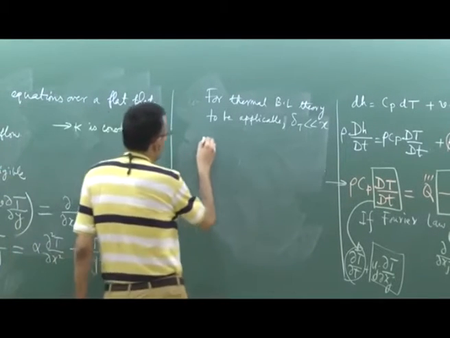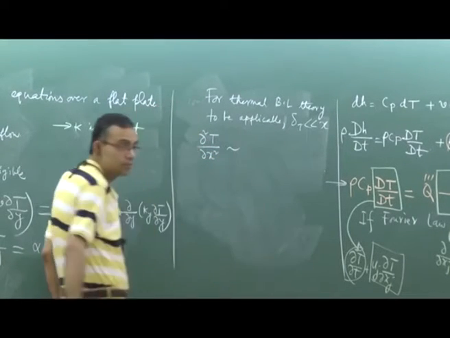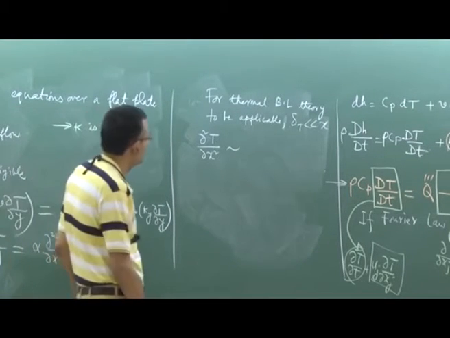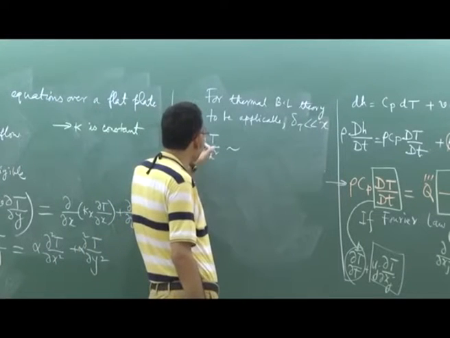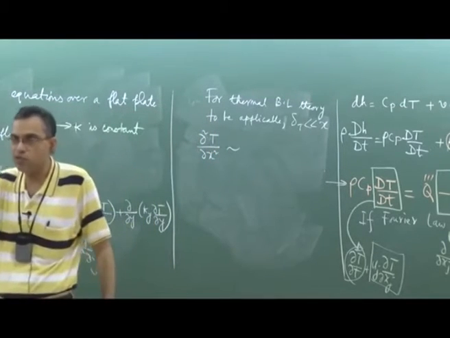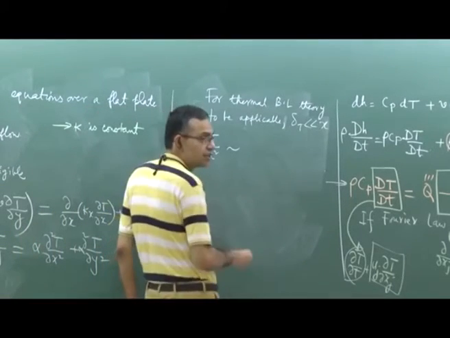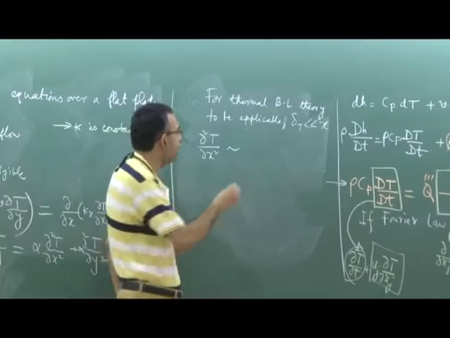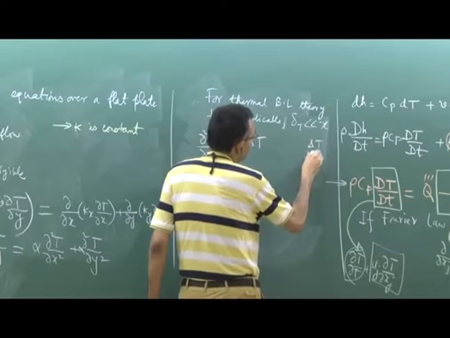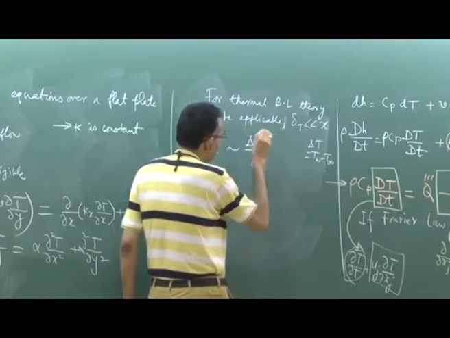So, now what is the order of magnitude of this term? This is del x of del T del x, that means some characteristic temperature difference by some square of characteristic length. What is the characteristic temperature difference? T wall minus T infinity, we will call it in a short notation delta capital T, where delta T is T wall minus T infinity, divided by L square,